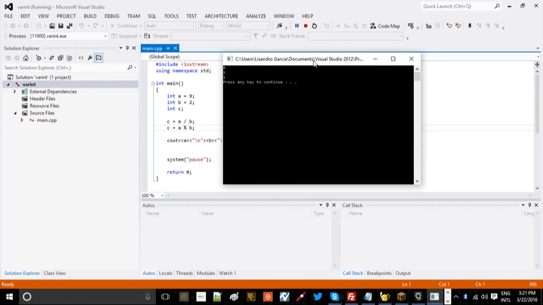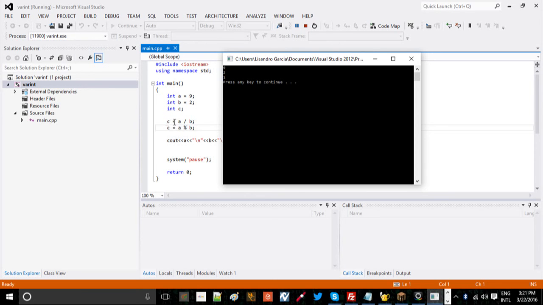But okay, there. So if you see 9, 2, so 9 divided by 2 is supposed to give us 4.5. Of course, like I mentioned earlier, it only gives us the integer portion, which is the 4. But we don't even see that here. Instead, we see the 1 from the modulus. Now, the question is, why does that happen? And remember when I said earlier that it does things in a descending order? What it did is